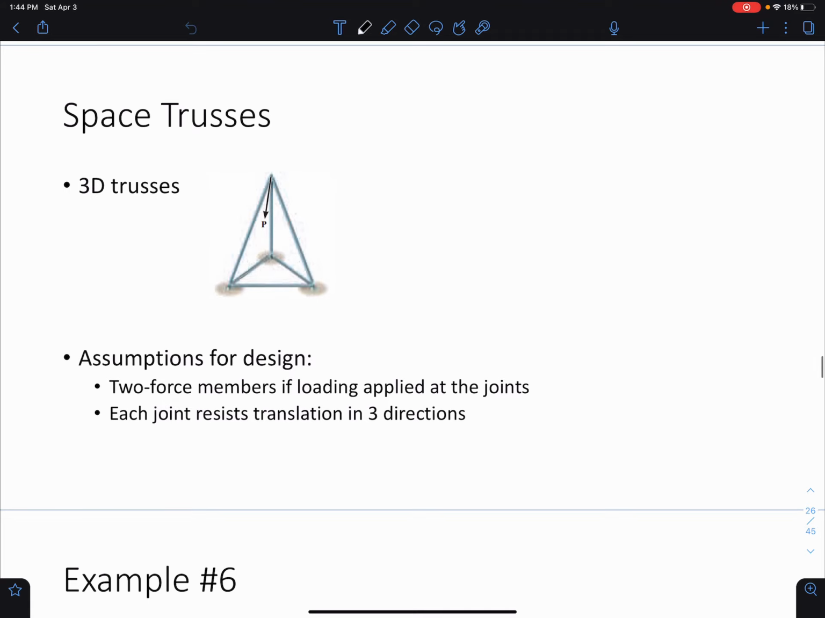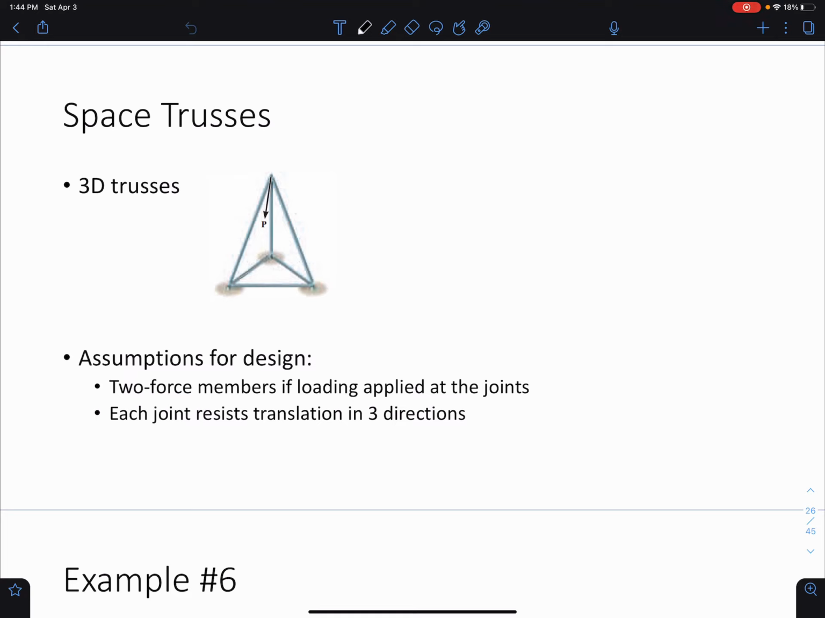So just like for 2D systems, we have a few assumptions that we have to make before we're able to structurally analyze these systems. A couple of these assumptions for design and for analysis actually are that two force members are present if loading is applied at the joints, and we know for trusses that we are applying all of our loadings at the joints, so this is valid,